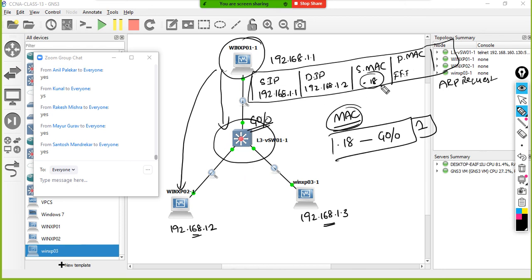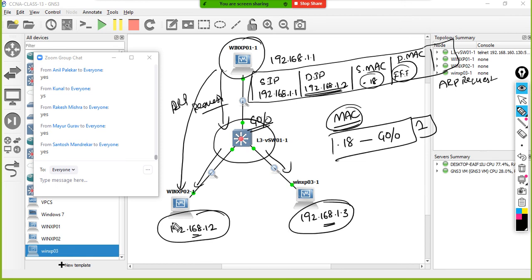And this frame is saying that it's a broadcast frame, right? Then the switch will broadcast it to this device and this device, and it is like an ARP request. So the ARP request is indirectly asking who is 192.168.1.2. Then this device will receive it and that device will receive it, and the one that owns it will tell you,